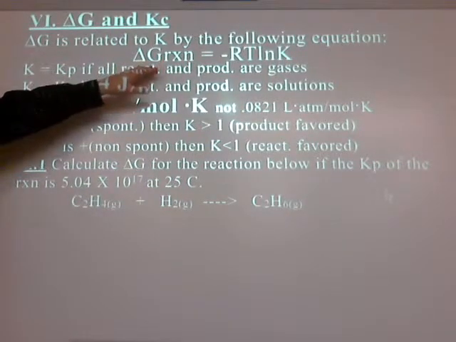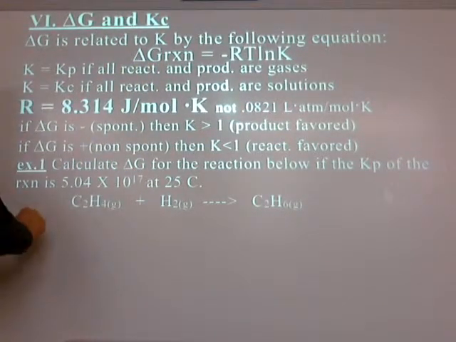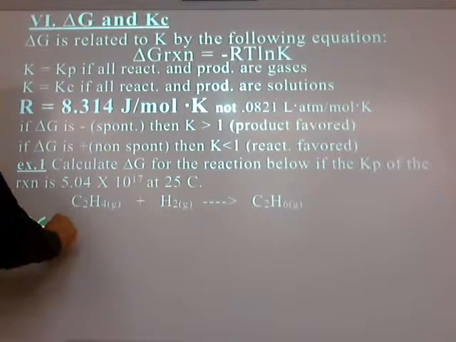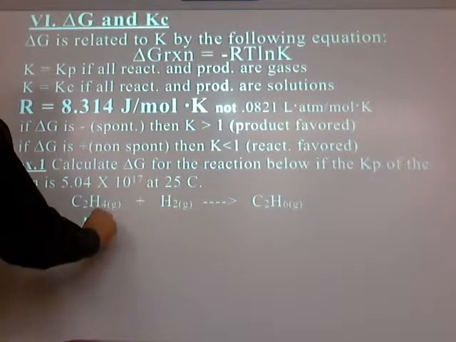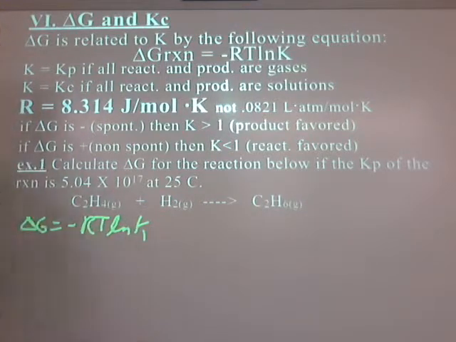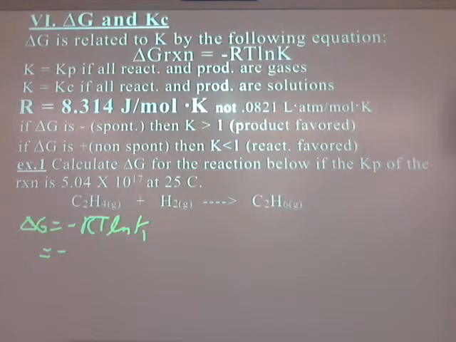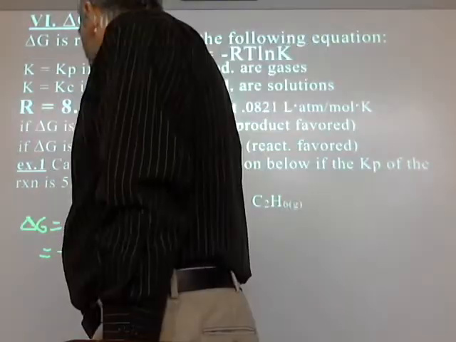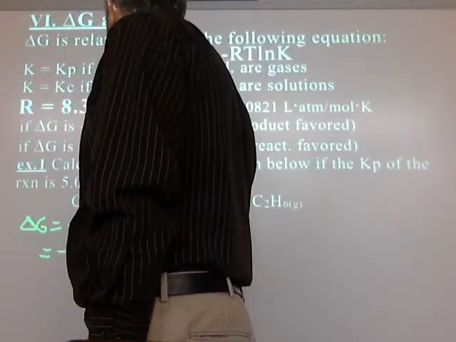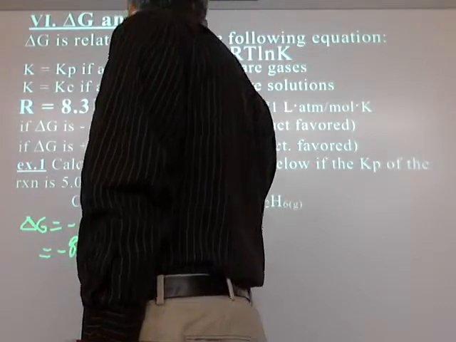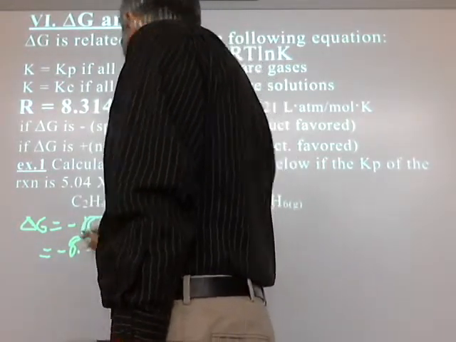There's my one equation I need to know, right? It's right there. Delta G equals negative RT ln K. I'm solving for delta G. I don't even have to rearrange it. I just have to plug everything in correctly. So, what does delta G equal? Negative what? What's R? Right, not 0.0831, but rather 8.314 joules per mole Kelvin